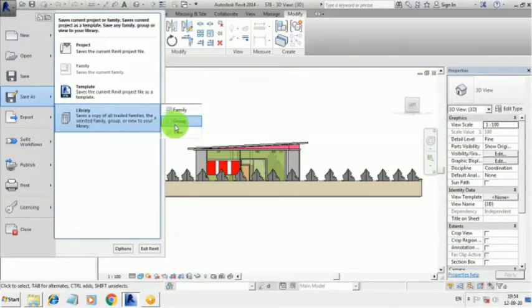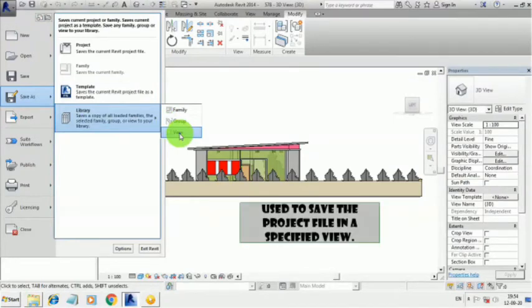And the third option is the View option, where we can save the project only in a specified view.